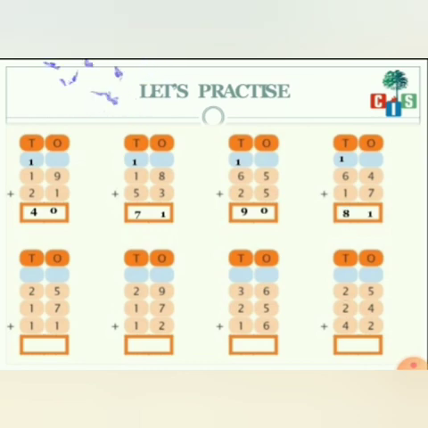Now let's see this. 5 plus 7 plus 1. The answer will be 13. So at the tens place, if you add these numbers, you will get one answer, that is 5. Let's move to the next sum. 9 plus 7 plus 2. So 7 plus 2 is 9. 9 plus 9 becomes 18. At the tens place, 1 plus 2 plus 1 plus 1 becomes 5.